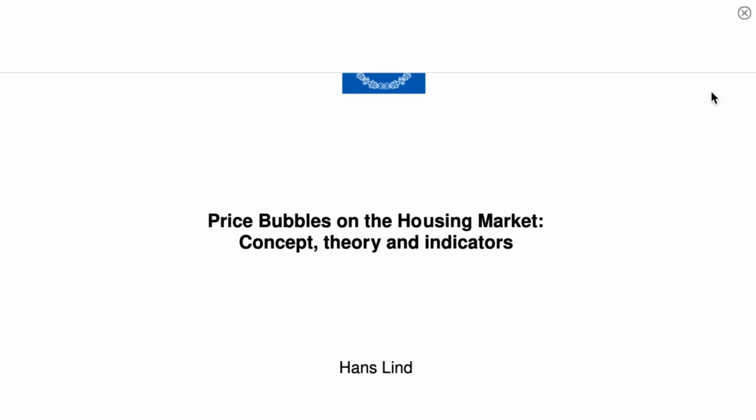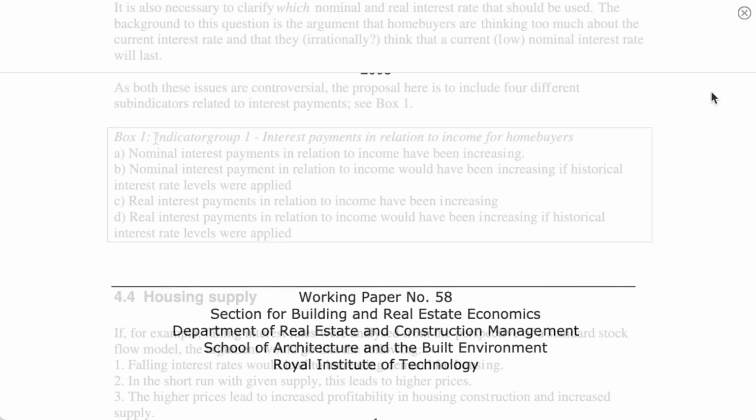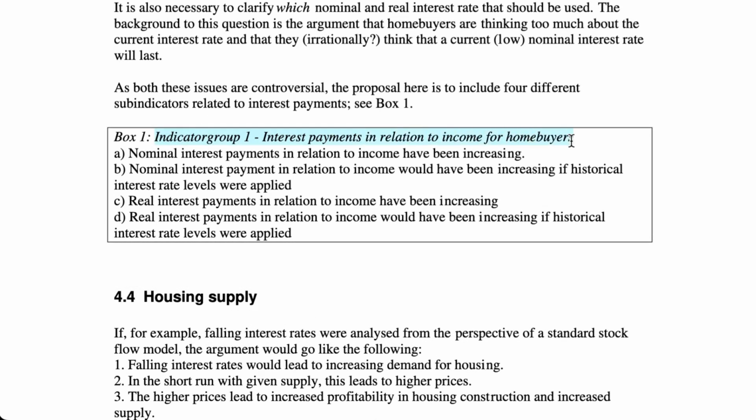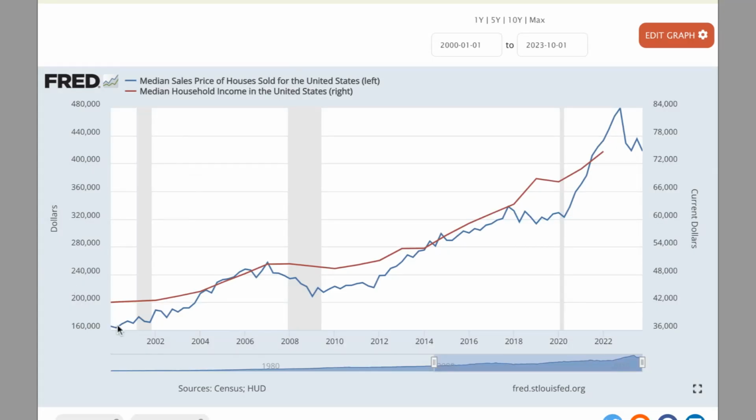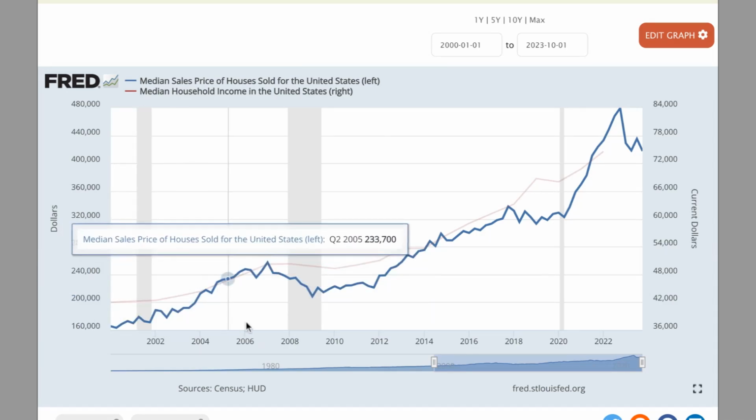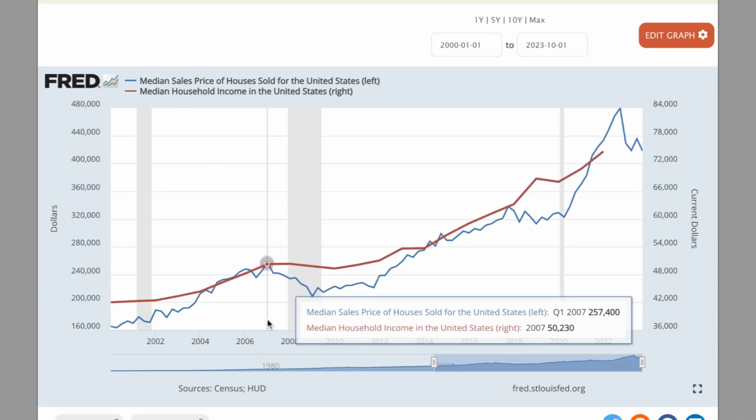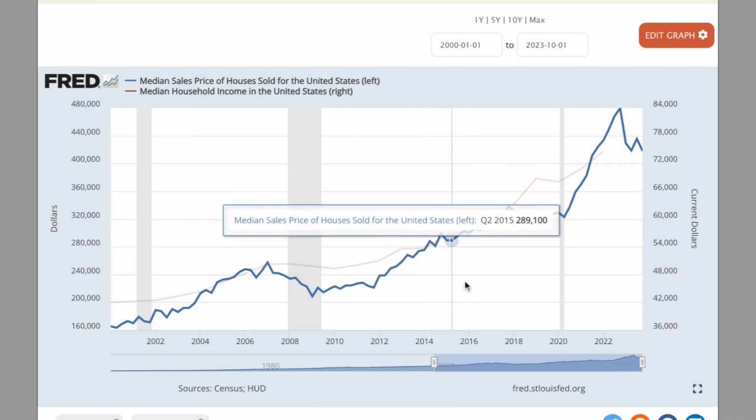Here is Hans Lind's system of bubble indicators. One: interest payments in relation to income for home buyers. Nominal and real interest payments in relation to income have been increasing. In addition, nominal and real interest payments in relation to income would have been increasing if historical interest rate levels were applied. Although the price-to-income ratio is a popular indicator that economists use when evaluating the housing market, Lind argues